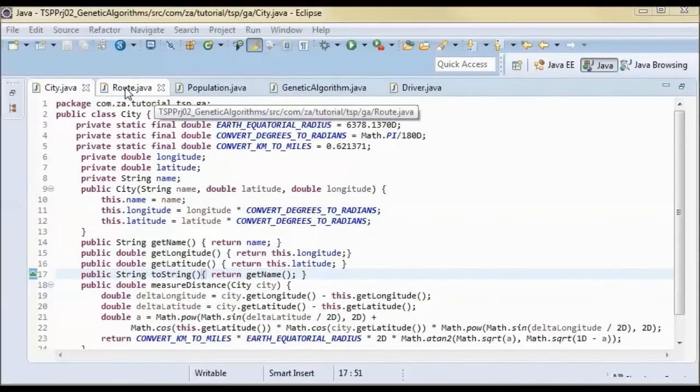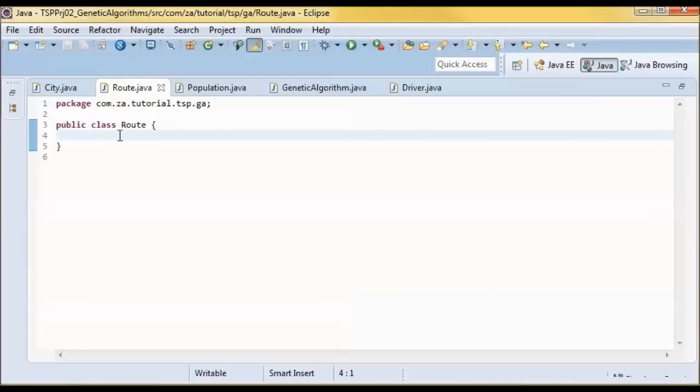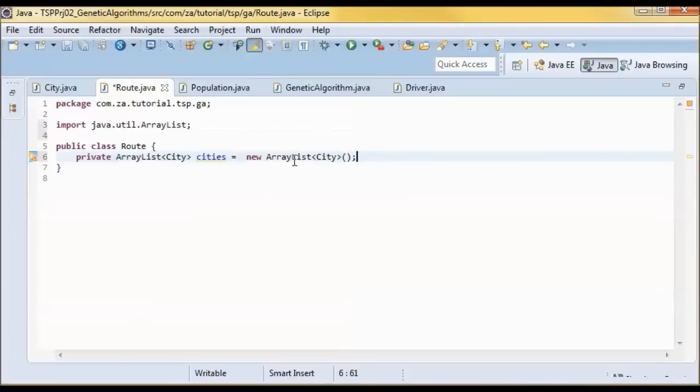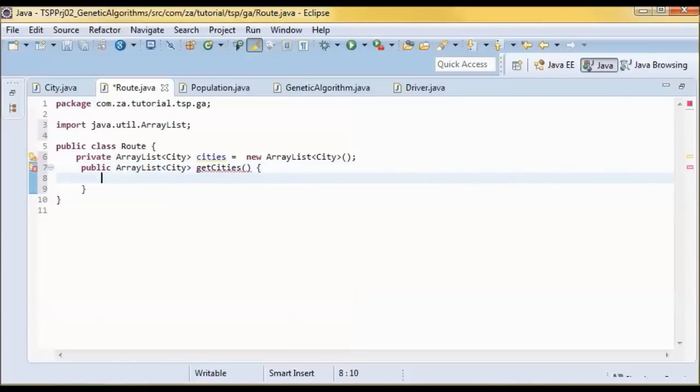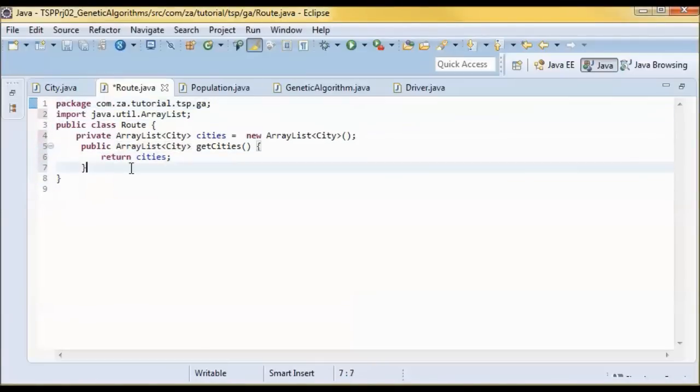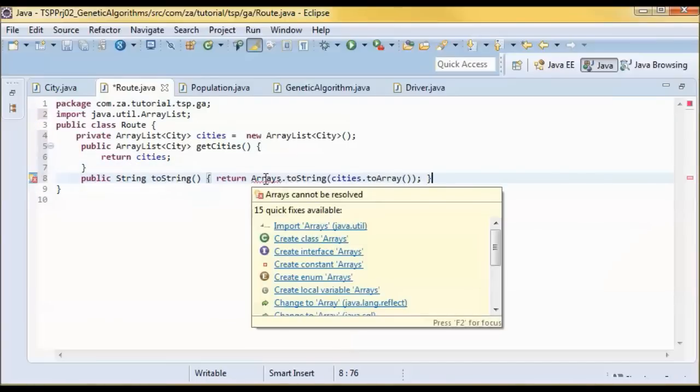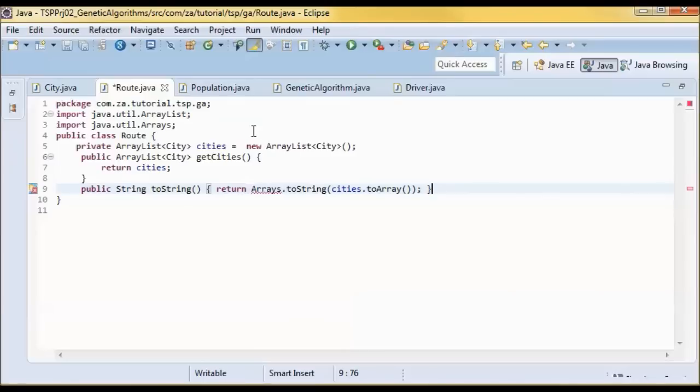Next, going to the route class, we'll have an array list of cities in this route, and a get method that returns those cities, and the toString method will print out the cities in this route.